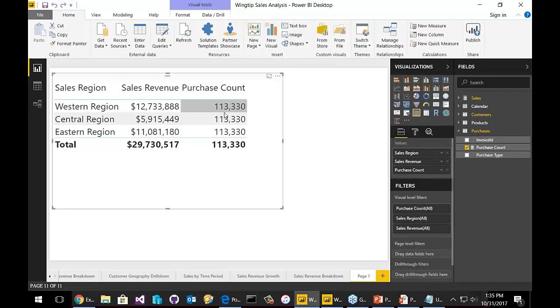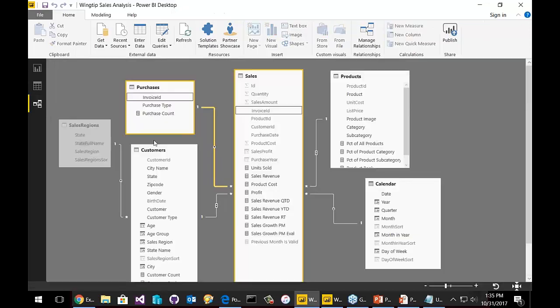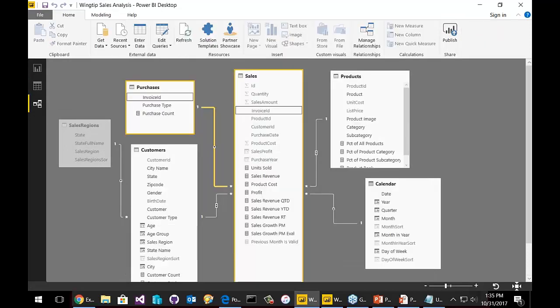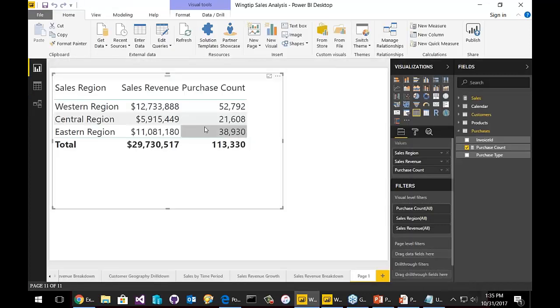I go back here, you see the problem? And that is, it's just giving me the total purchase count because it's not filtering that measure. So the idea with the cross-filter direction inside here is that if I set this to filter in both directions, it automatically will filter when you go from the one side to the many side, but now when we come from the many side back to the one side, you have to set that in both directions, and then all of a sudden the count starts working properly